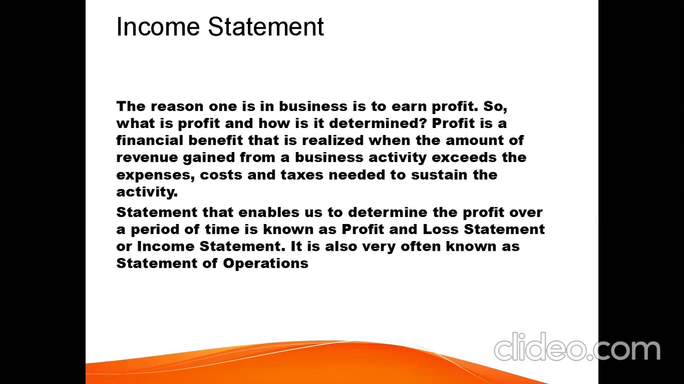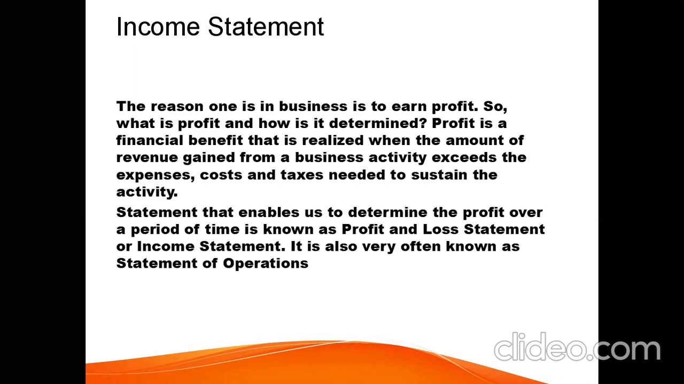The income statement determines what and how the profit is earned. The reason for any business is to earn profit. The objective or the main goal is profit. Profit is considered as a financial benefit that is realized when the amount of revenue is gained from a business